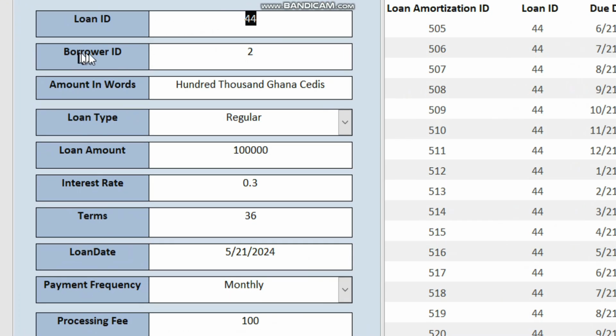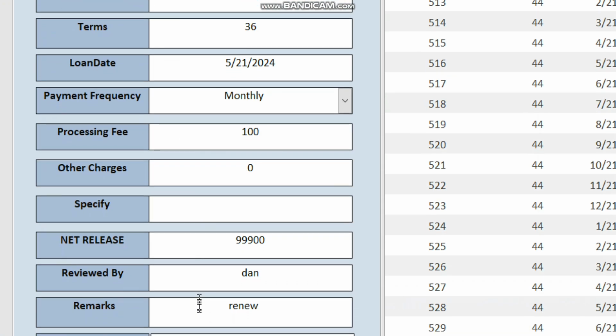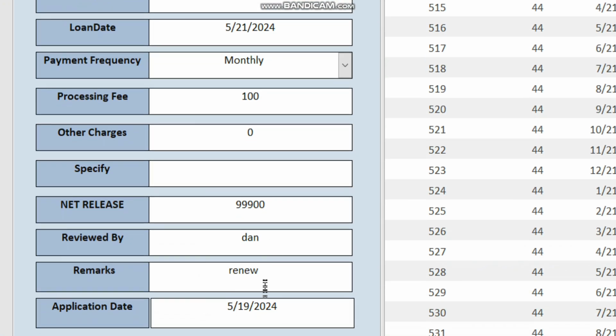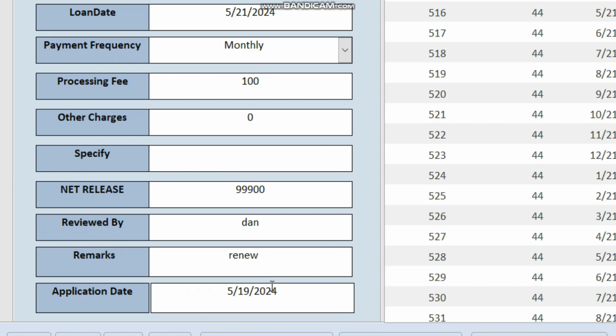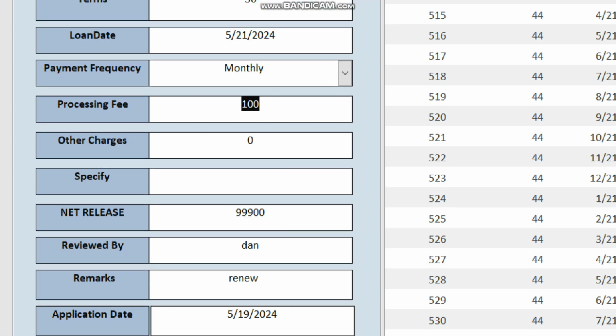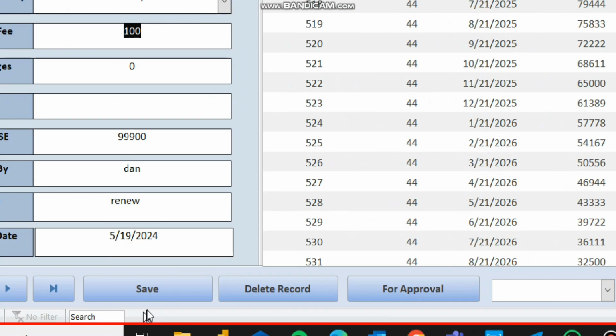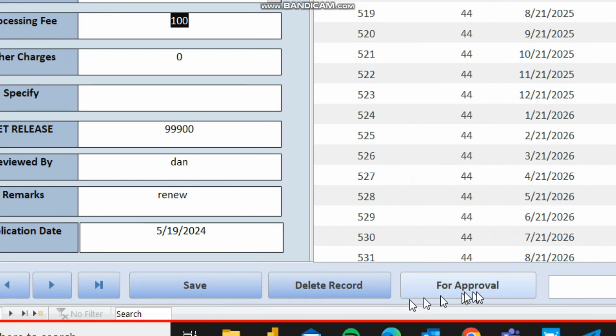Additional information such as borrower ID, loan amount in words, loan type, the individual who reviewed the loan application, his remarks on the borrower, as well as the application date is entered. The net release amount is usually lessened by the processing fee. There are a couple of buttons below the form for saving, deleting, and updating the status of the loan application